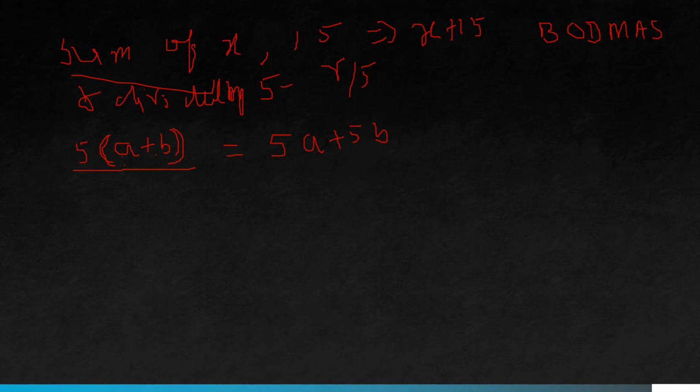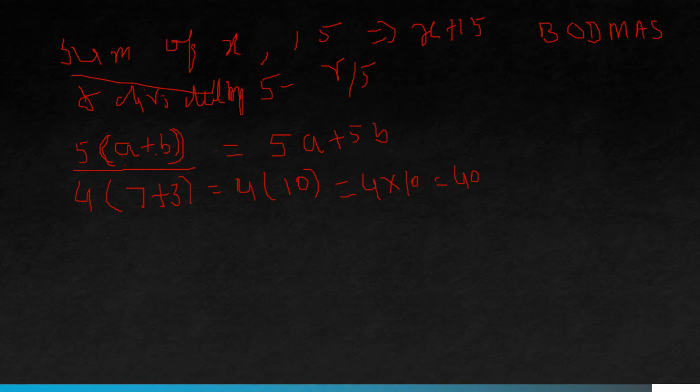Okay, now there are two ways. Let me just give an example. 4 and 7 plus 3. So how can you solve it? I'll solve this by two methods, right? So the first method is, 7 plus 3 is equal to 10, right? And now 4 bracket 10 means 4 into 10. So 4 multiplied by 10 is equal to 40, right?